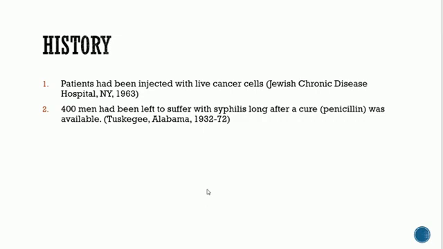If we take a look only at the point of view of science, of course, these two studies have their own purposes. Perhaps in the first case, they wanted to study up close how cancer cells work and then perhaps to find the cure. But the way they conducted the research was highly unethical, right? Because they injected cancer cells into participants. So this is highly unethical. The same goes for the second case. They already found the cure for syphilis, but they let these 400 men suffer only because they wanted to research